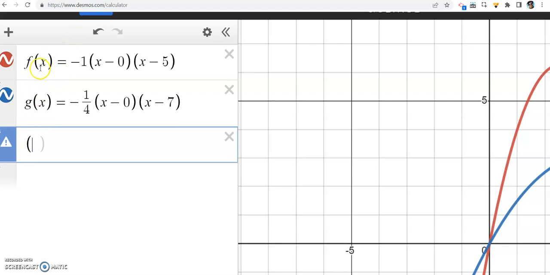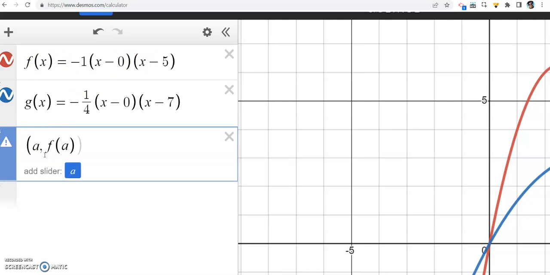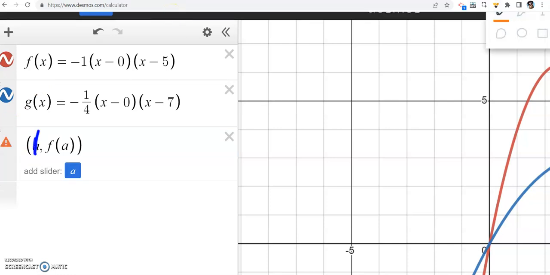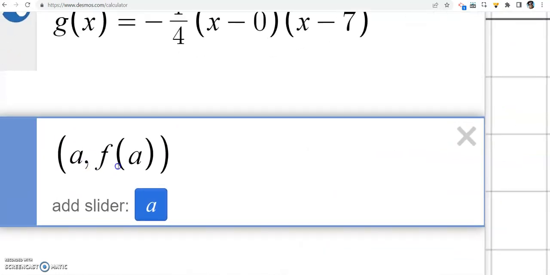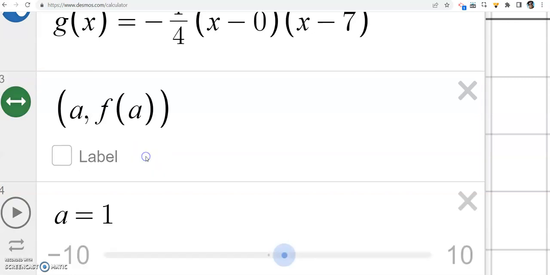Now, here's how we get this to animate. We want to not just graph, this graphs all the points. We want to graph a point a, f of a. What that is saying, well, if a is 1, you plug in 1 into here, and then you get the y value, whatever it is. Okay. When a goes to 2, you plug in 2 into the function, and when a goes to 3, a goes to 4. How is a going to do all that? It does that with right here. You should see where it says add slider. Go and add slider,